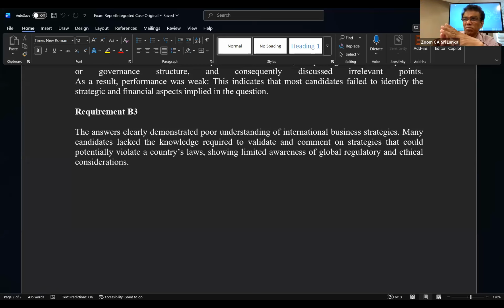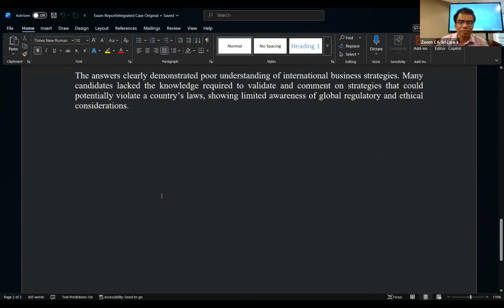This question had part of the invoicing having to be done in another country because of the US dollar problem. The case is telling that part of the invoice is to be released from a different country. So that is not legal, right, and not ethical. So you have to argue on that. You can do it, but it's not permitted in Sri Lankan law. So that is an ethical consideration. You have to discuss those things. That is what the examiner mentioned here also.